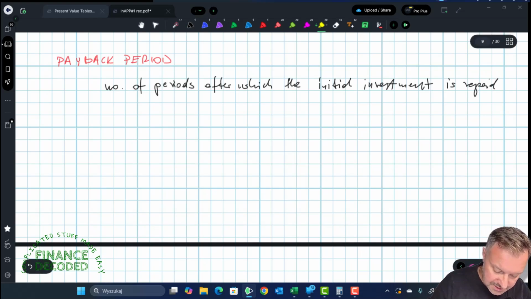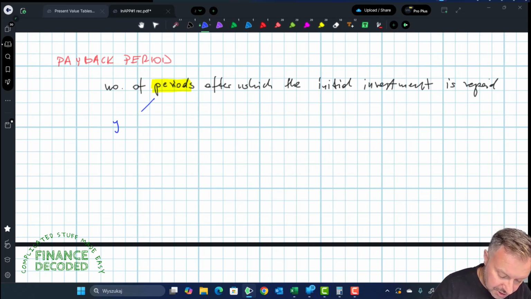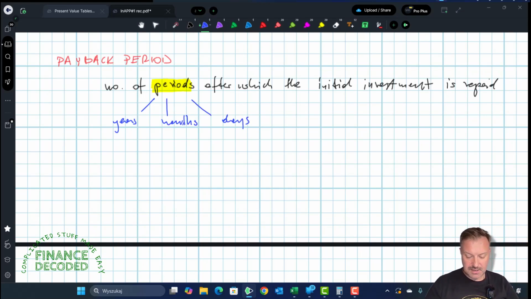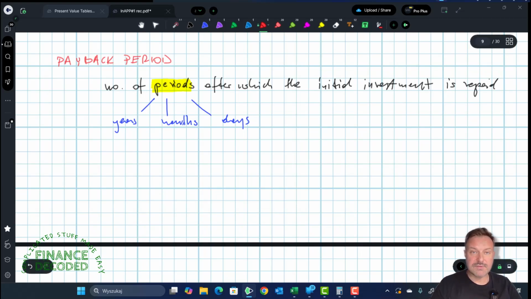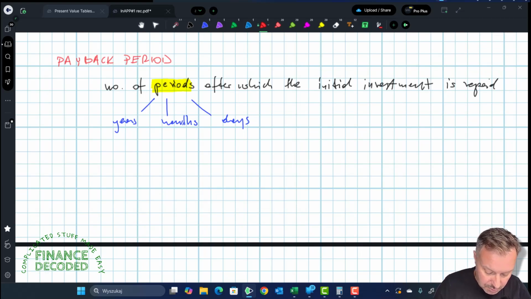Okay, so if it's measured in periods, you can present it differently. You can show it in years, you can show it in months, you can even show it in days. But of course, in the context of your ACCA exam,